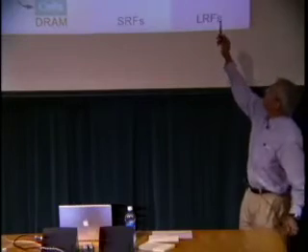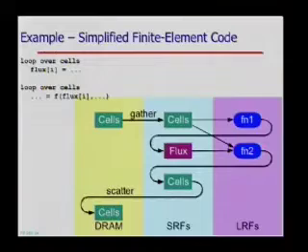In any case, the way we typically view this, this simple view here is that we have two functions, function one that's computing a flux and function two that's using a flux. We will block the code, and our compiler knows how big these intermediate levels of memory are. I've called it a stream register file here. This is the term we use for those intermediate levels of memory in stream processors. And so we'll gather the first block of cells. We've chosen the size so that it and all of its products will fit in this intermediate level of memory. We'll issue the gather.